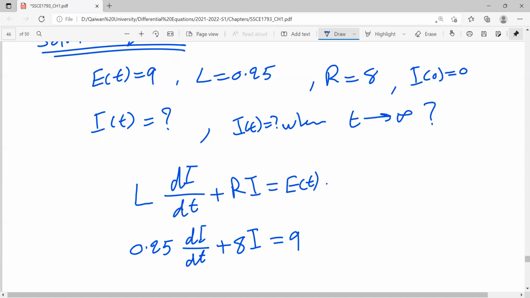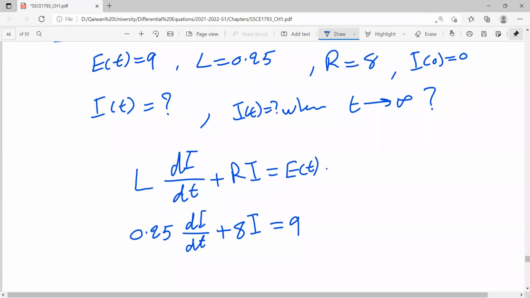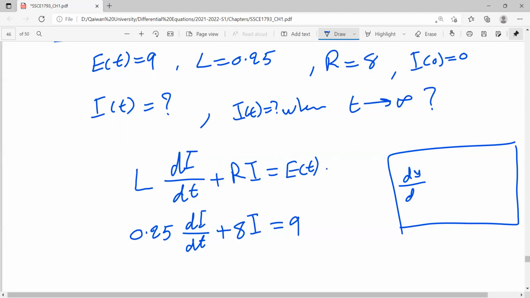And we said this differential equation is a linear differential equation. I is the dependent and t is the independent variable. The general form of a linear differential equation is in this form. Let me write it down. We say dy by dx, if our independent variable is x and dependent is y, plus p of x times y